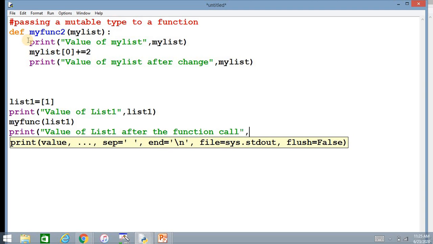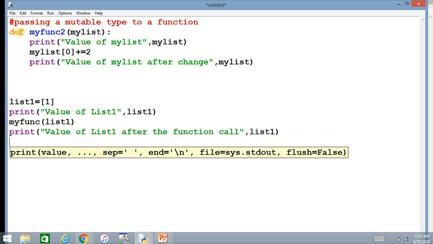I am printing list 1 again here after the function call. So this is the program.